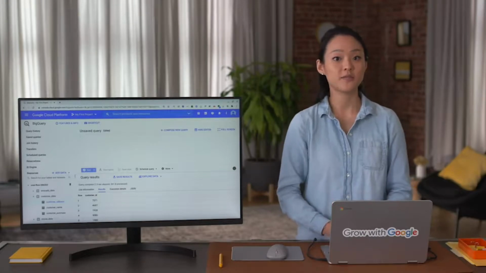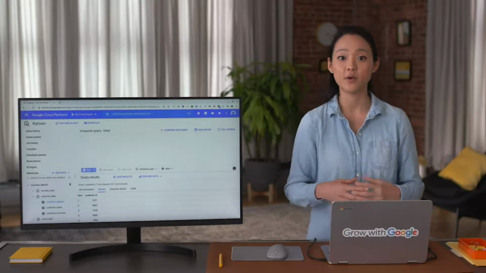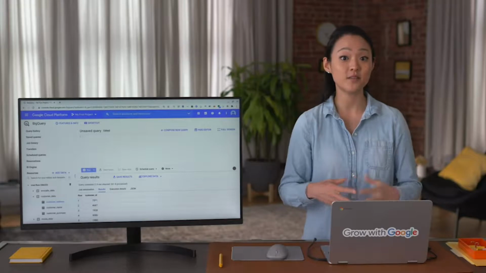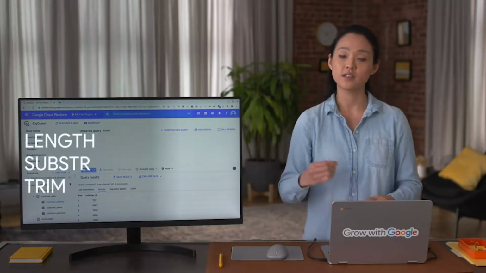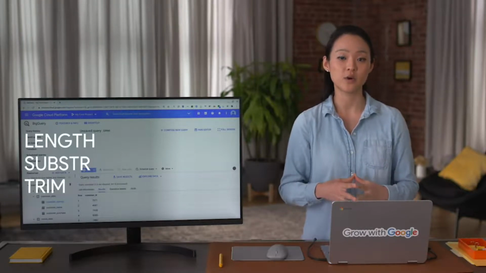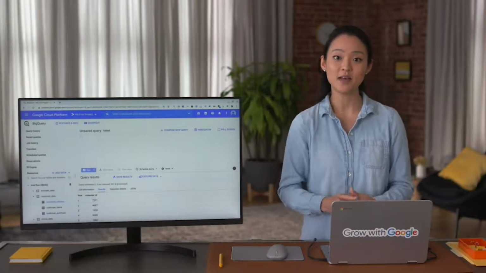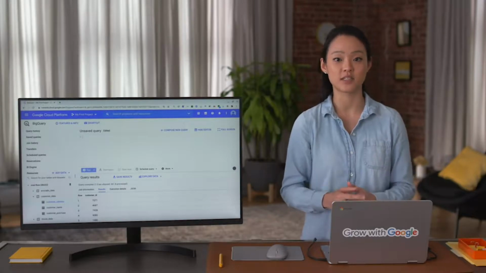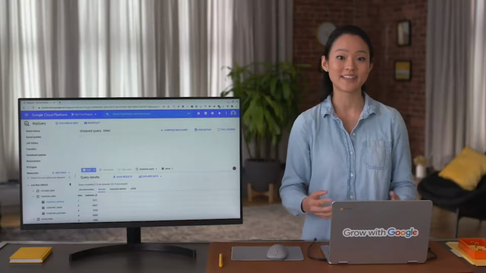Making sure that your string variables are complete and consistent will save you a lot of time later by avoiding errors or miscalculations. That's why we clean data in the first place. Hopefully, functions like length, substring, and trim will give you the tools you need to start working with string variables in your own datasets. Next up, we'll check out some other ways you can work with strings and more advanced cleaning functions. Then you'll be ready to start working in SQL on your own. See you soon.